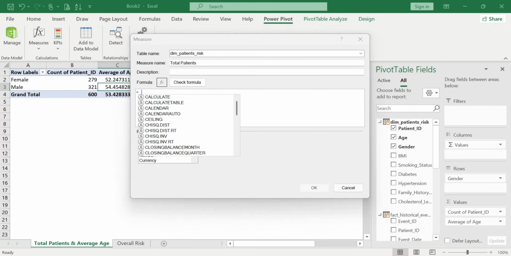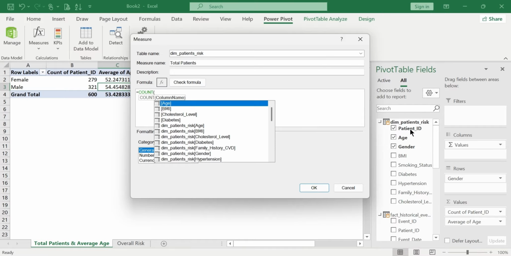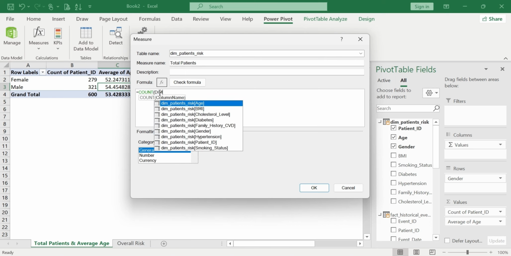So we have to use the count function. We are counting the number of patient IDs inside the dim patients risk table. Remember we used this patient ID here because this one is the primary key. This is where we give the patient IDs to the patients who visit the hospital. Whenever we have a new patient, an ID is given at this point and it's recorded. So we are counting the total number of patients using the patient ID in the dim patients risk table. So dim patients risk table there, then identify the patient ID,